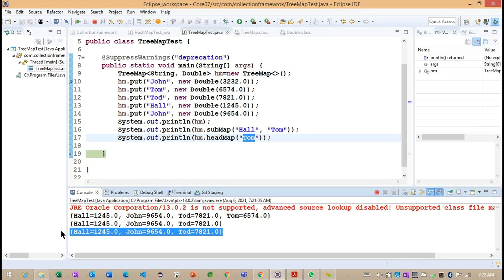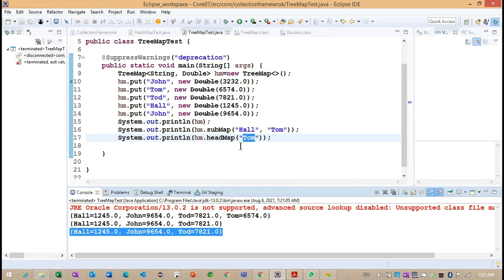The remaining entries are returned by the headMap. So this is all about the headMap. We need to provide the last key, the key up to which we want the entries.